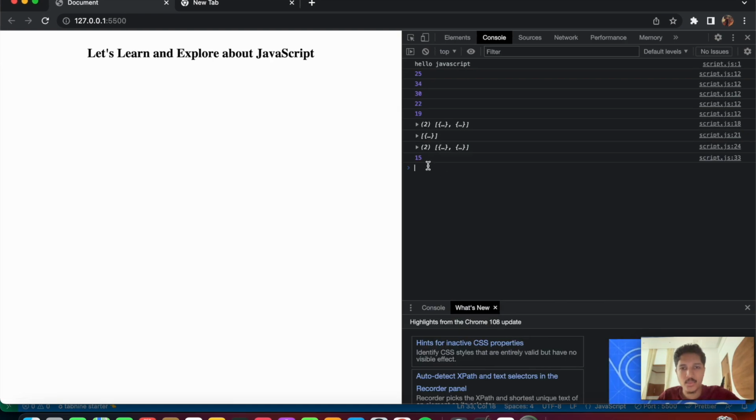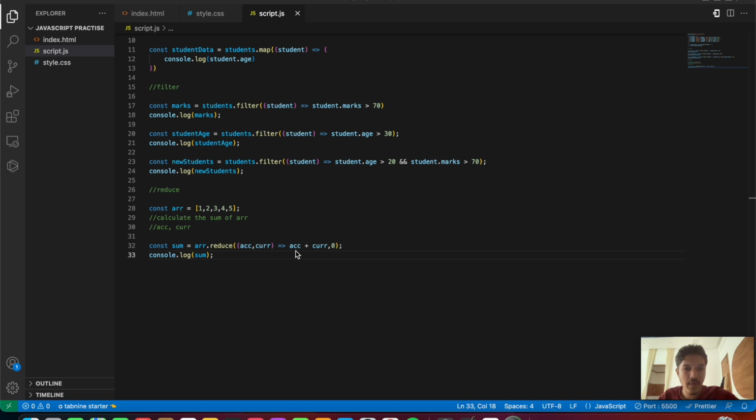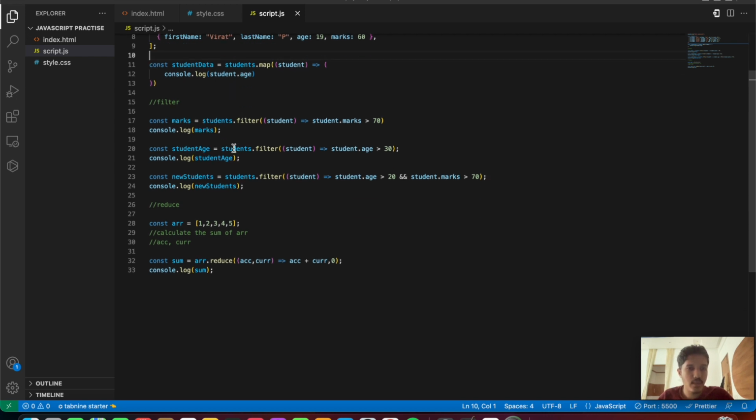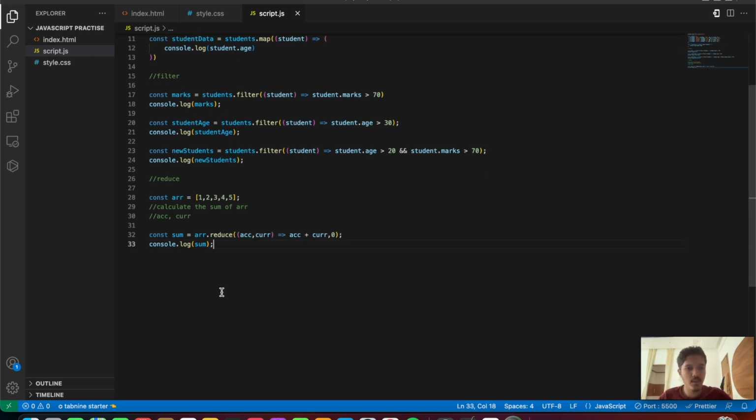Yeah, so there you go, we are getting 15. That's because after initializing the accumulator to 0 and then adding each of the current values, that is 1 plus 2 plus 3 plus 4 plus 5 inside this particular array, we are getting 15 in the result. Now let's actually calculate the sum of all the marks present in the students array with the help of the reduce method. So we're going to say const students marks or student marks